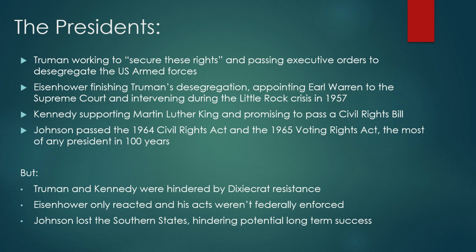And then we have how that carries on. It wasn't just a one president wonder. We have more presidents doing things as well. We have Eisenhower, who carries on Truman's desegregation and finally gets all of the armed forces fully integrated. We have the appointment of Earl Warren to the Supreme Court, and his Warren Court is very, very liberal and is very, very supportive of many civil rights actions. We have the Little Rock crisis, their assistance in that regard. There are constant actions that occur in the 1960s during the sit-ins, during the Freedom Rides, and of course during the marches and so forth. So the Warren Court is quite a long-lasting one. And so in terms of federal change, we could point to that as well.